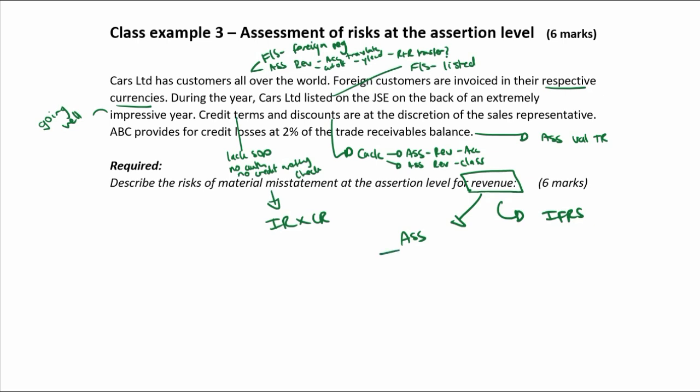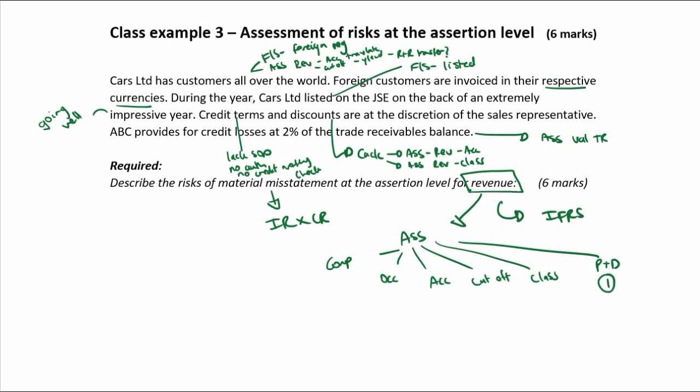So for revenue, I know there's going to be completeness, occurrence, accuracy, cutoff, classification, and presentation and disclosure. A little secret, there's always going to be the risk for whatever balance or class of transaction you are auditing that it is incorrectly presented or disclosed in the financials. So one risk you will always put down